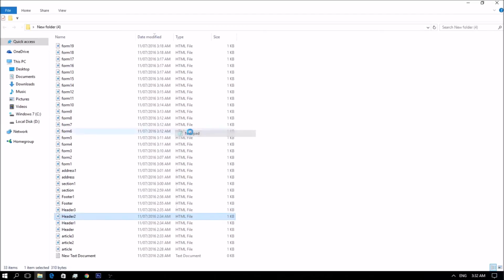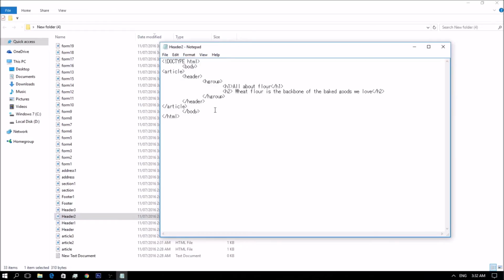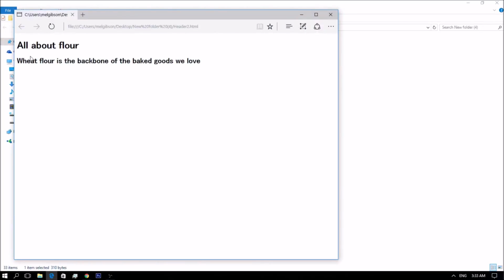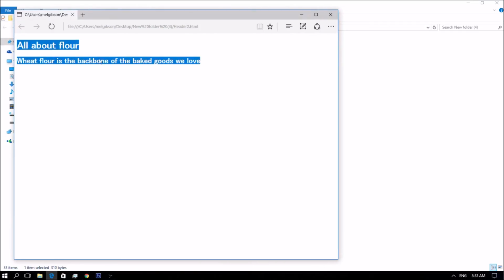This is my example using the hgroup. You can see in this browser we have the two headings. That's why we use the hgroup tag.